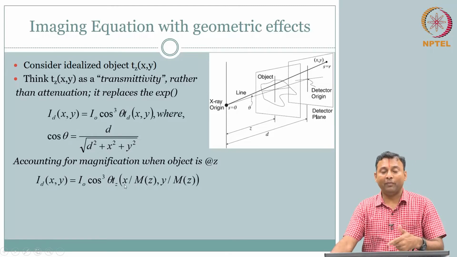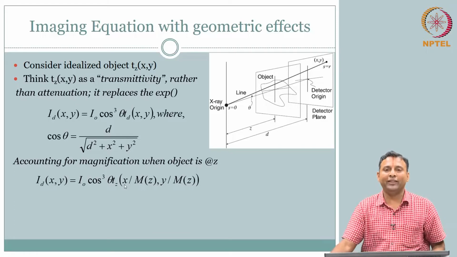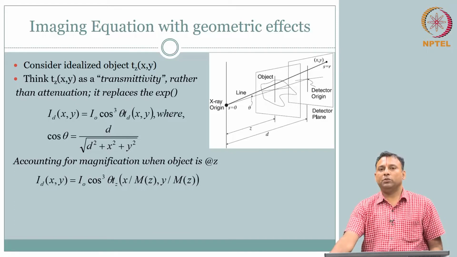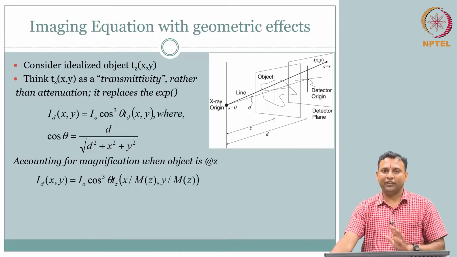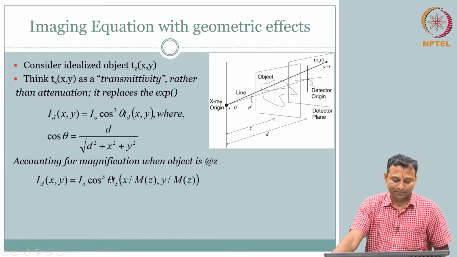Right, one of the reasons for magnification is what? Depth dependent magnification is blurring. So, we want to reduce that blurring. How can you avoid that? So, one more incentive to be as close as possible to the detector. Of course there is a trade off, but these are subtle things that are exploited.